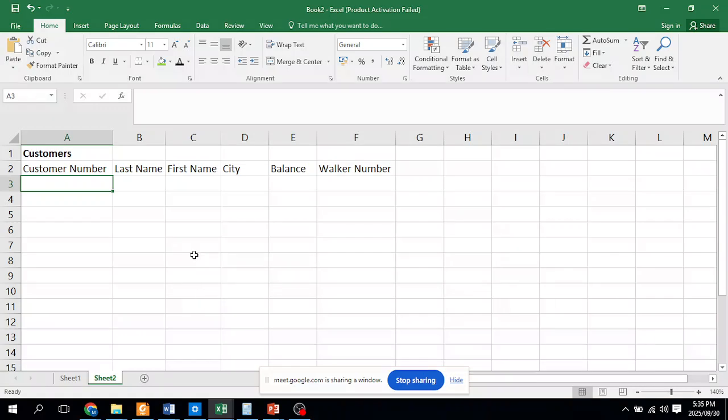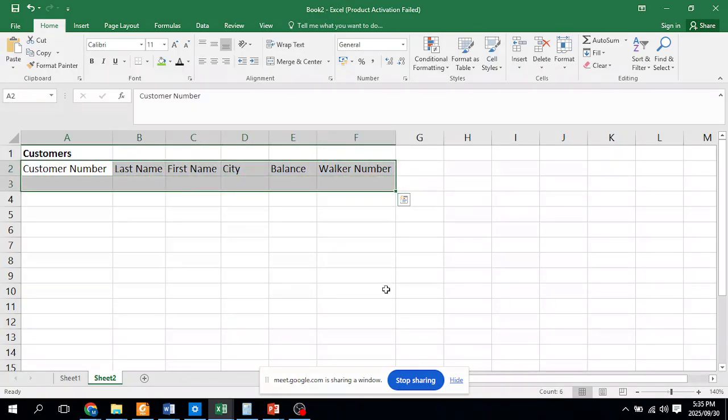So when you create this data table, there's one thing you must remember. In order to select or to change it to a data table, you have to select your column headings and the row below. That is the very, very important thing that you have to remember. So you have two rows that you selected. The first one being headings or column headings or fields. The second one, in other words, in row 3, this is where you will start to type your records. Okay. So you will select it just like this, the way you select anything.